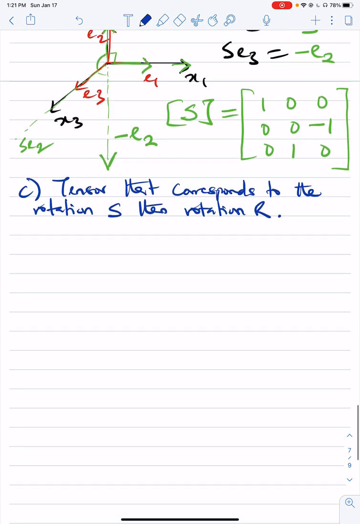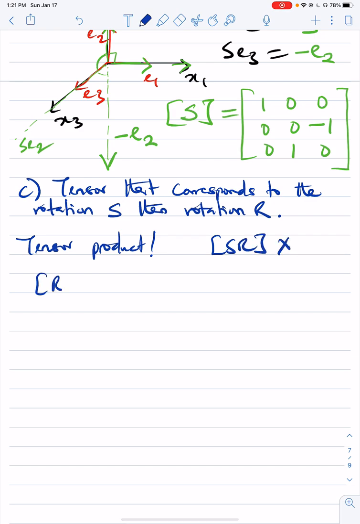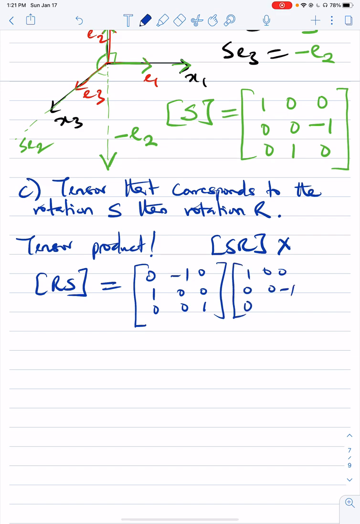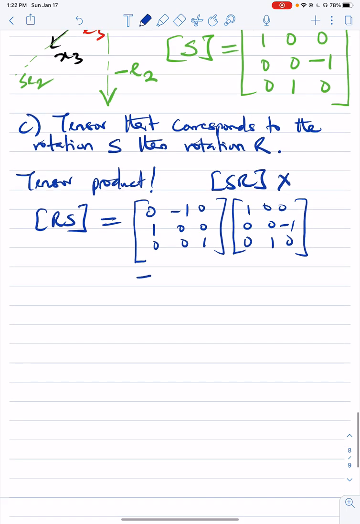So this is simply tensor products. That's all you need to do, right? So SR would mean it does the rotation S first, then R. But the thing is, you don't write SR for this, that would be wrong. The rotation should be RS. So we substitute the R we had before, 0, 1, 0, minus 1, 0, 0, 0, 0, 1, and S, 1, 0, 0, 0, 0, minus 1, 0, 1, 0. And if this is computed correctly, we get,